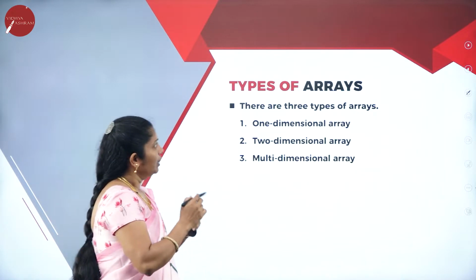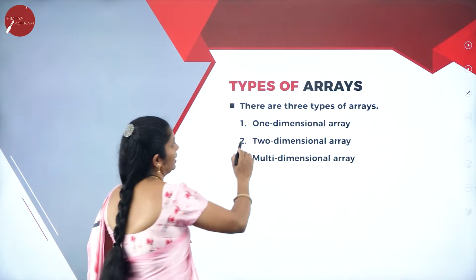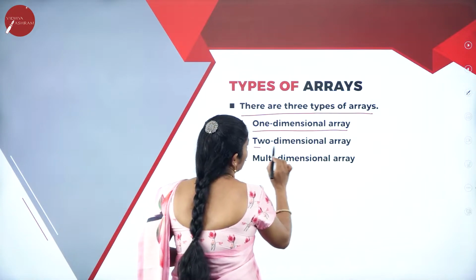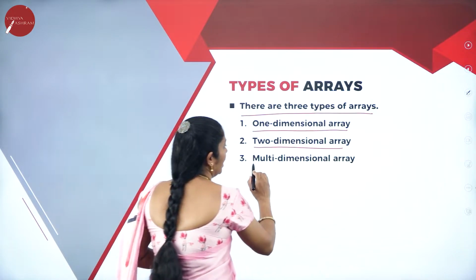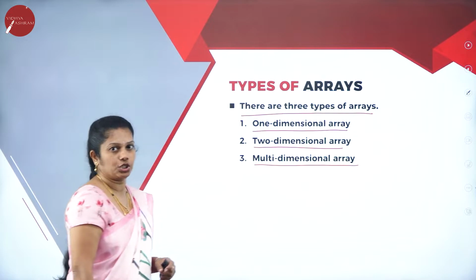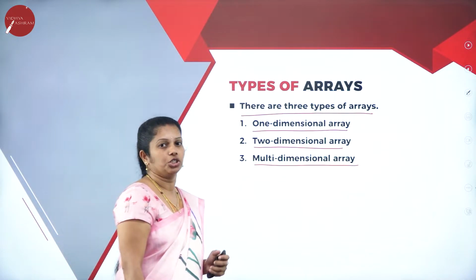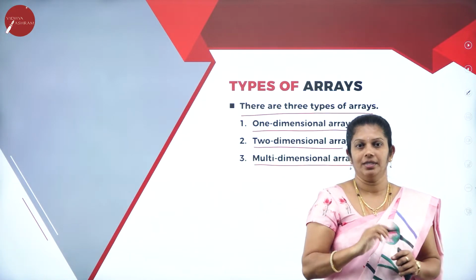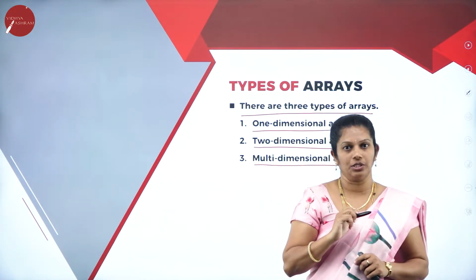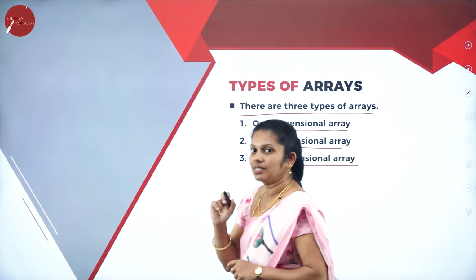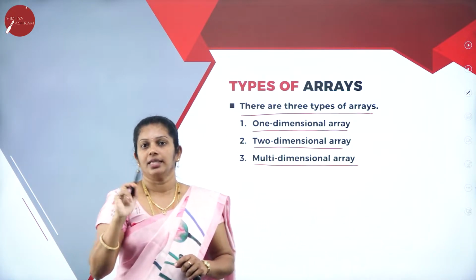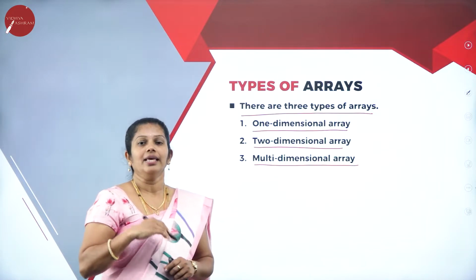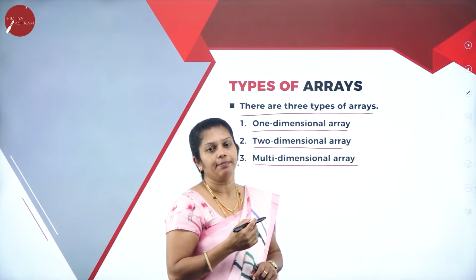Now is it clear? Next, when we come to types of array, there are 3 types of array. First one, one-dimensional array. Second one, two-dimensional array. And third one is multi-dimensional array. What do you mean by one-dimensional array? The array which contains only one subscript can be called a one-dimensional array. If it contains 2 subscripts, then it can be called a two-dimensional array. If it has more than 2 subscripts, then it can be called